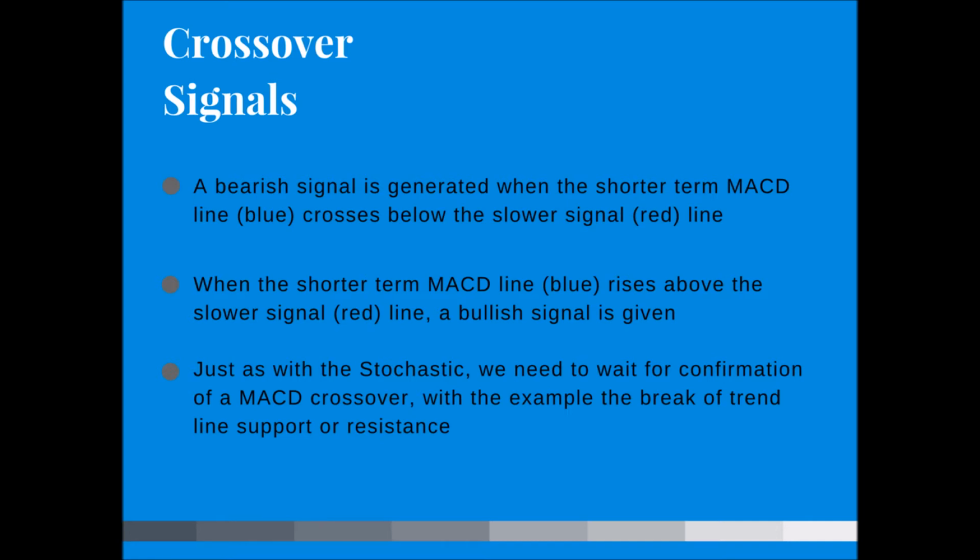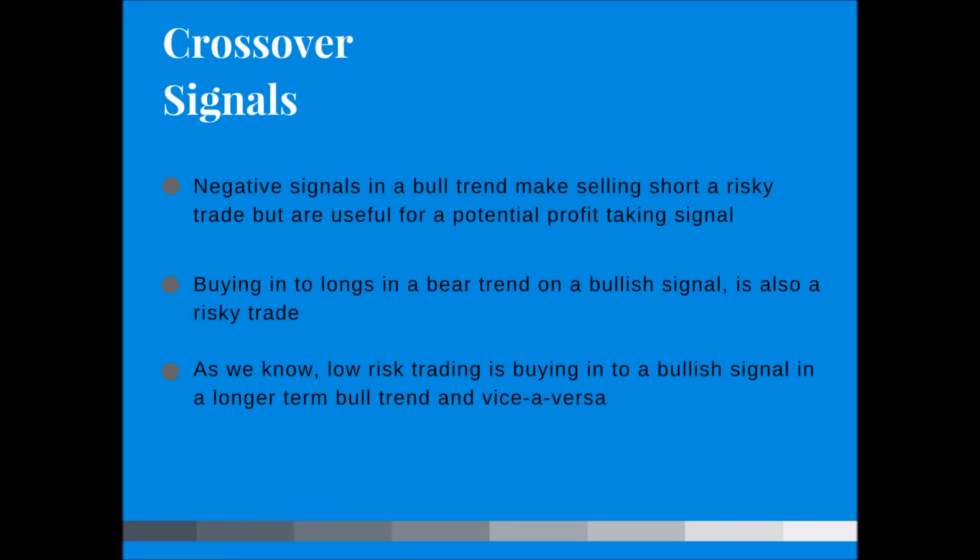Just as with the stochastic, we need to wait for confirmation of a MACD crossover with, for example, the break of trendline support or resistance. Negative signals in a bull trend make selling short a risky trade, as we know, but they're useful for a potential profit-taking signal. So if you're getting a negative signal and you've got a long position, you might think, okay, I'll take some profit. Let's see if the market heads lower to a support area when we become oversold and we